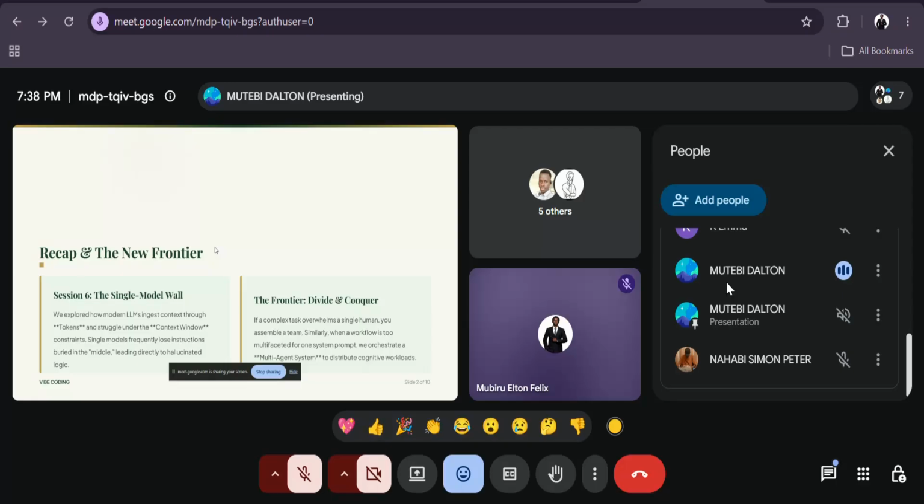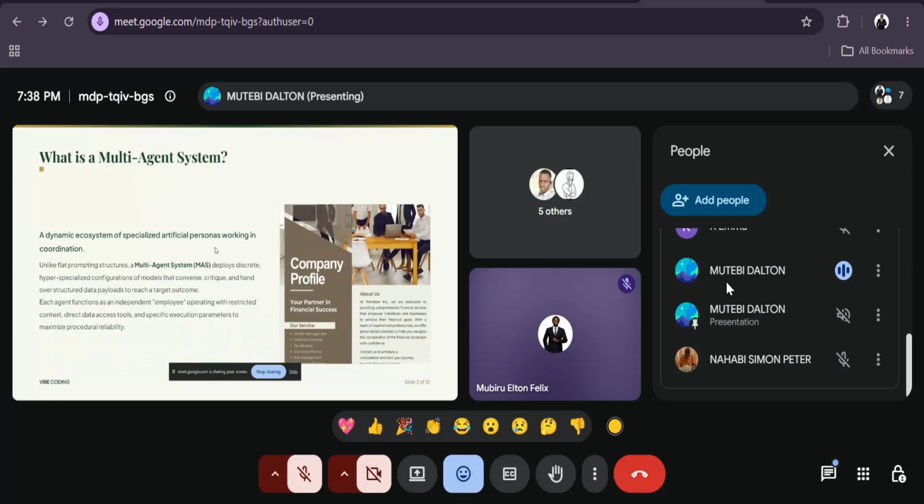When you work alone, it is almost impossible to give equal attention to each of the various fields we were given. So that's why multi-agent systems come into place: so that one agent can check on the work done by another agent, and also plan and execute a workflow or even assist in the orchestration. So what is a multi-agent system?